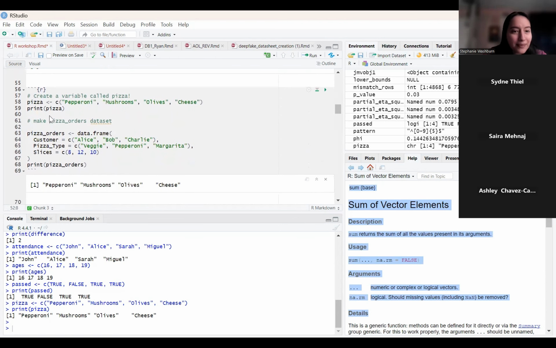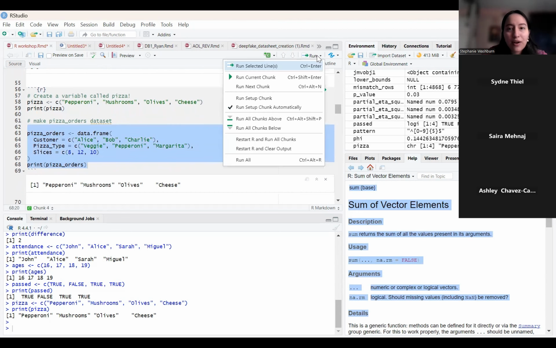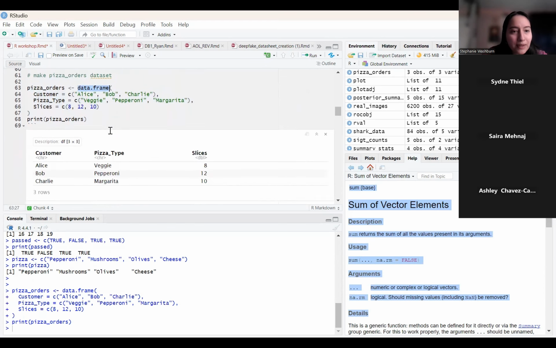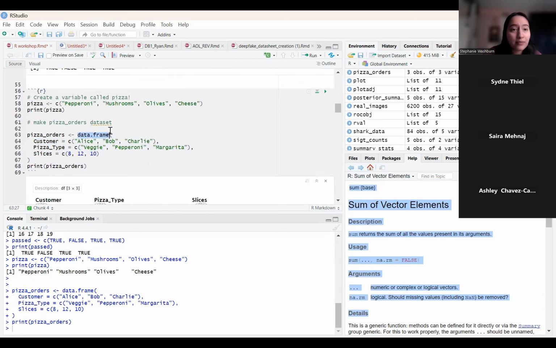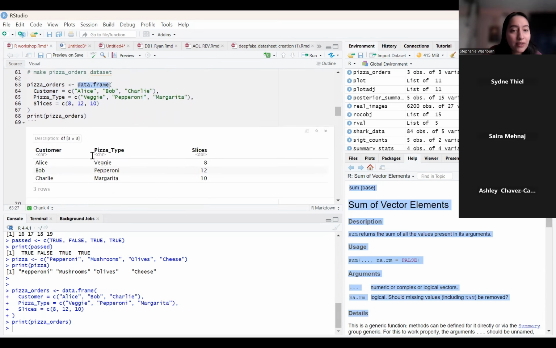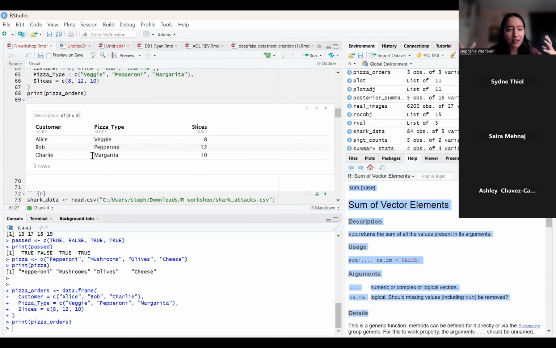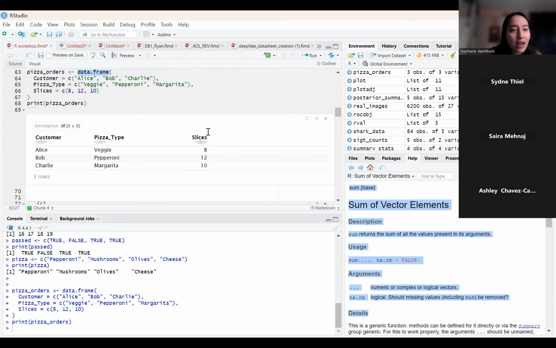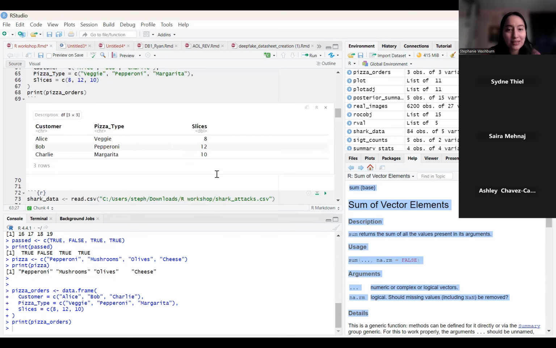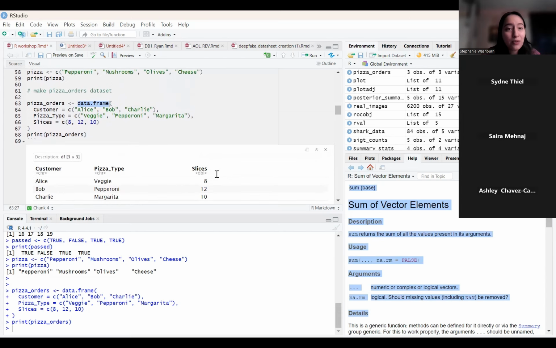Yep. So we're going to go ahead and run this entire chunk of code, or actually just these lines. So run and run selected lines. And when we run our data frame, instead of seeing them one at a time like before, as we saw up here with our logical vector, we see them all in a more Excel-like format. We see all of our lists at once, which is really helpful information. So we have our customers, Alex, Bob, and Charlie, our pizza type, and our slices as well. So moving along,